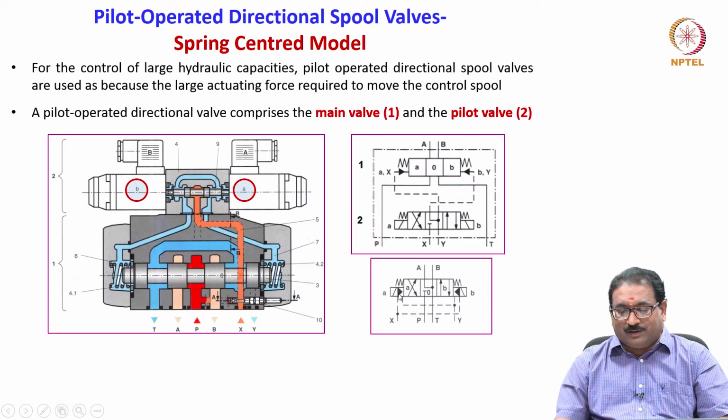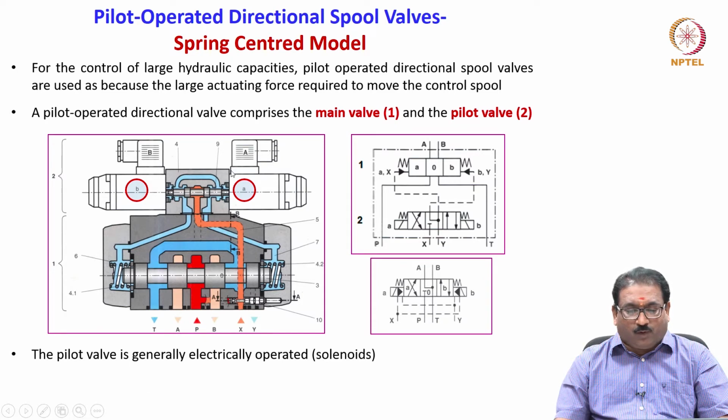Okay, you will see here it is triangle filled. These are the solenoid, hydraulic operated, pilot operated valves. On the left side you will see crossed configuration A, and B is a parallel configuration. The middle one is 0. Correct? The pilot valve, as I have told you, this is the pilot valve, this is the main valve. The pilot valve is generally electrically operated by solenoids. These are the solenoids, friends. A is one solenoid and B is one more solenoid.